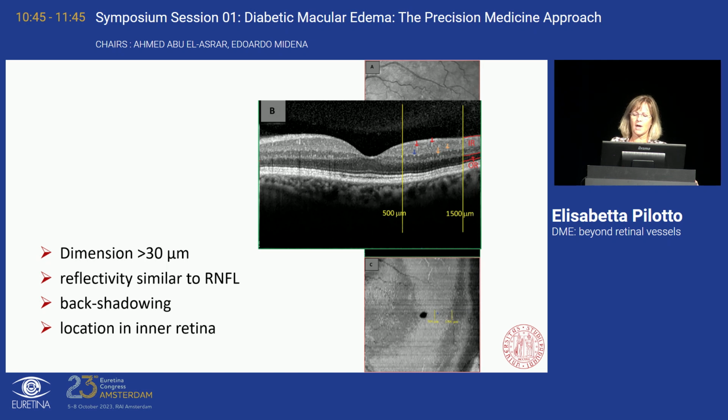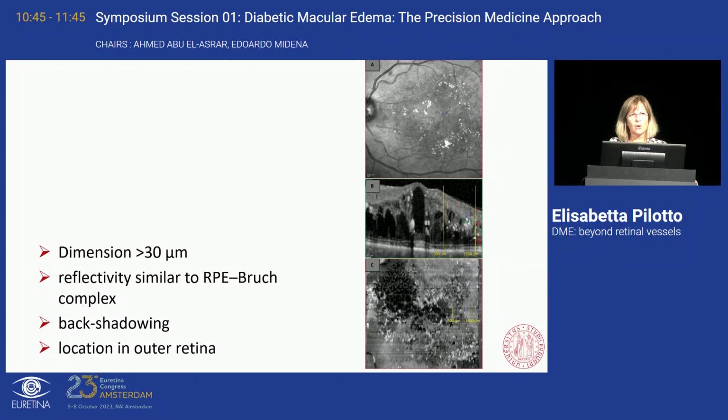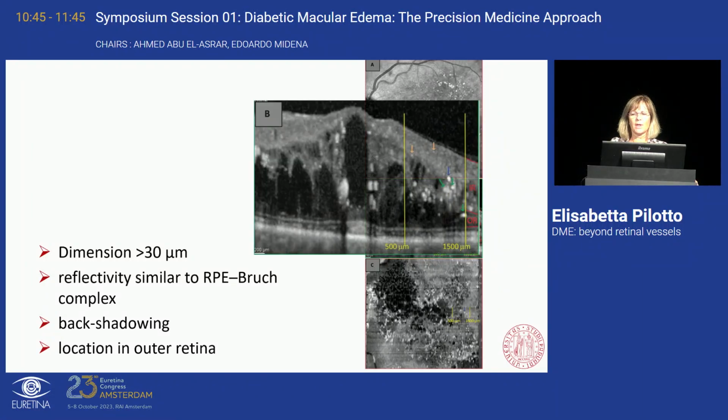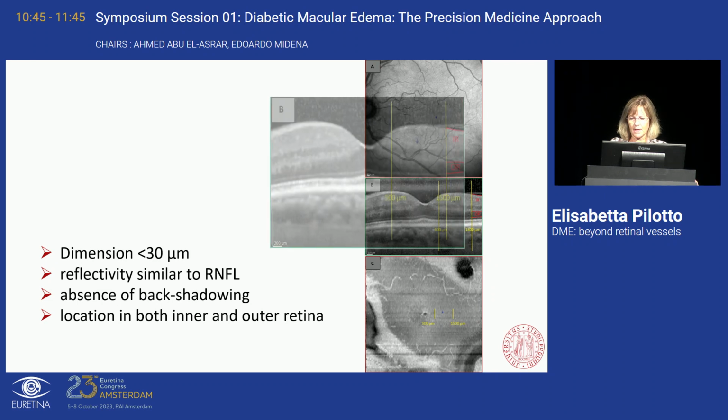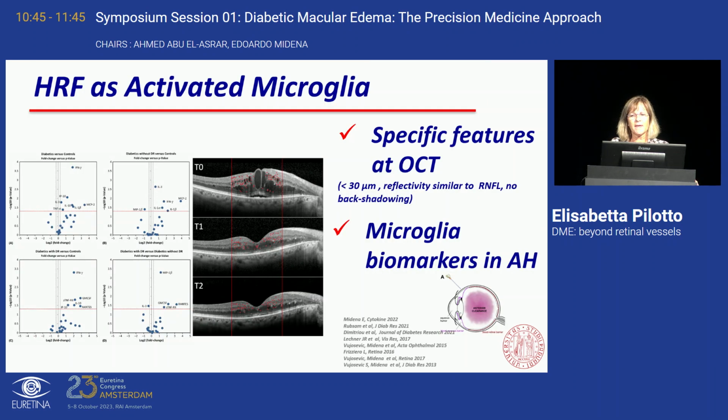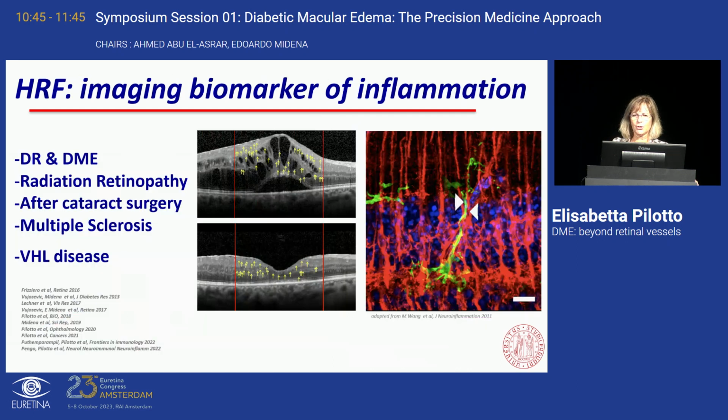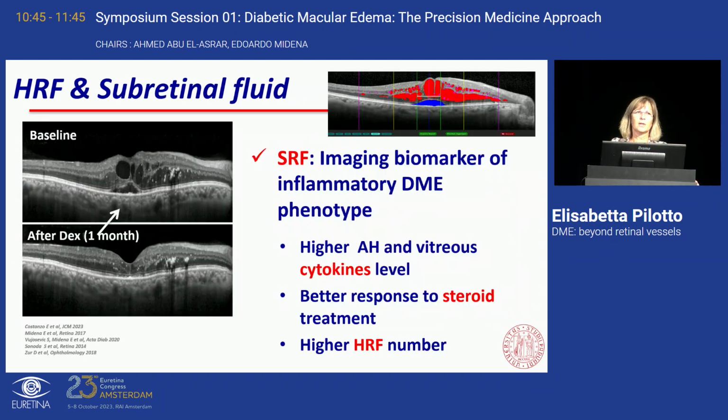Otherwise, when we have hyperreflective foci of great dimension, they are exudates, and when they are very small, with this specific feature, they are hyperreflective foci which represent microglia cell activation. And they are associated with an increase of microglia biomarkers in the aqueous humor, and some of these specific spots are observed and increased in different retinal diseases and